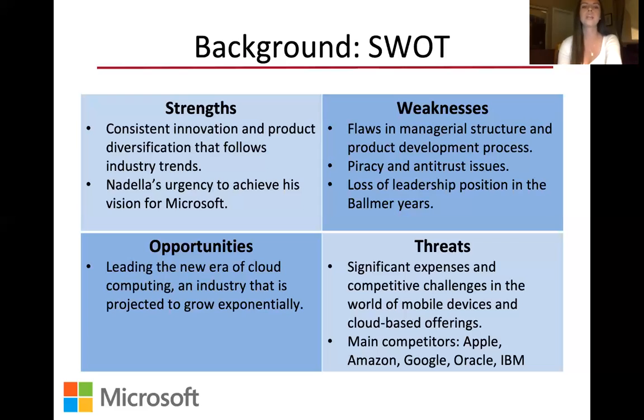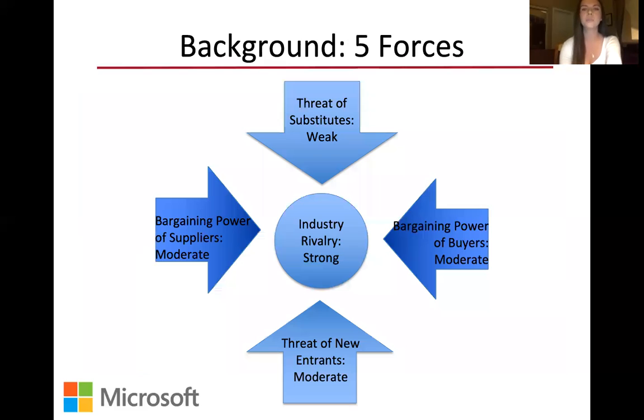To look more into the environment that Microsoft is in, we're going to be using Porter's 5 forces. So the bargaining power of suppliers is moderate. Almost all companies in the tech industry buy their raw materials from numerous suppliers. So while business does depend on supplier conditions, they're still in this competitive rivalry, so it limits the influence of the suppliers. The bargaining power of buyers is also going to be moderate, and this is because customers definitely have the ability to determine the company's performance, and they have access to various competitors, but there are moderate switching costs, so that limits their power as well.